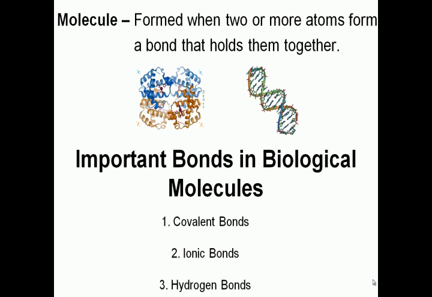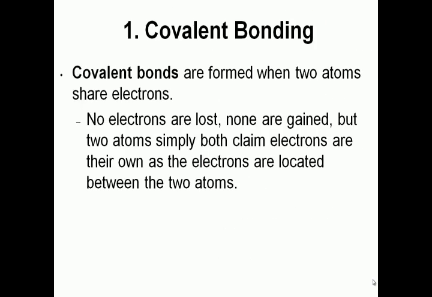There are three types of bonds that are primarily responsible for holding molecules together. We have covalent bonds, ionic bonds, and hydrogen bonds. We'll take just a moment now to explain each of these three types of bonds. Covalent bonds are formed when two atoms share electrons. No electrons are lost, none are gained, but two atoms simply both claim the electrons and treat them as if